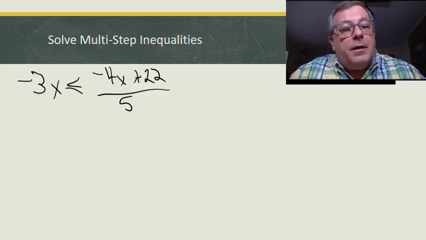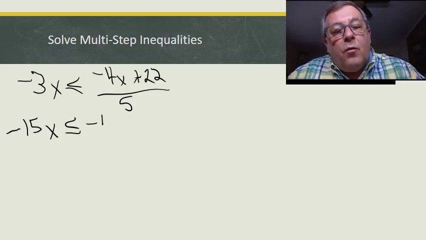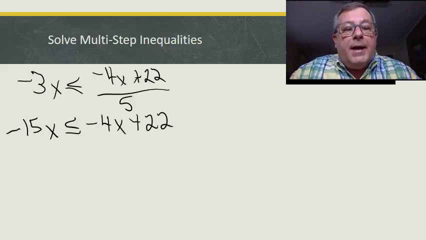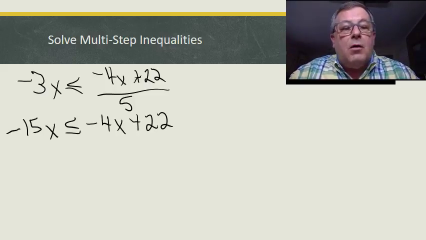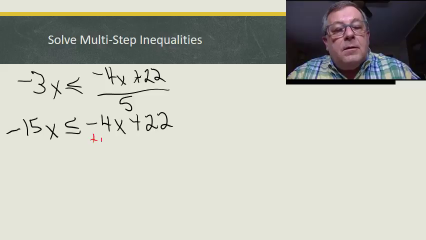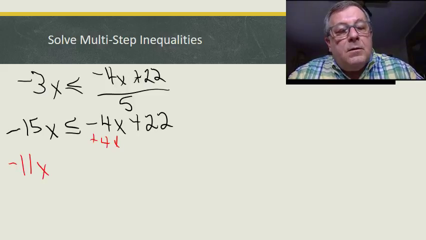And so when I do, I'm going to end up here with negative 15x is less than or equal to negative 4x plus 22. And so now I'm ready to do some adding and subtracting. I want to get my variables all on the same side. And so in order to do that, I'm going to add 4x to both sides. And when I do, I'm going to end up here with negative 11x is less than or equal to